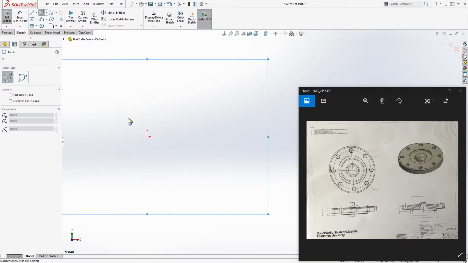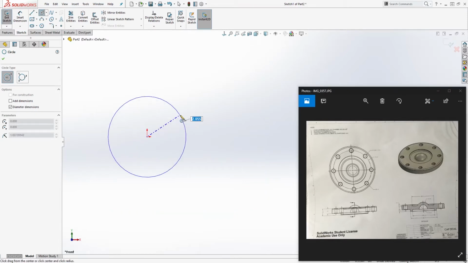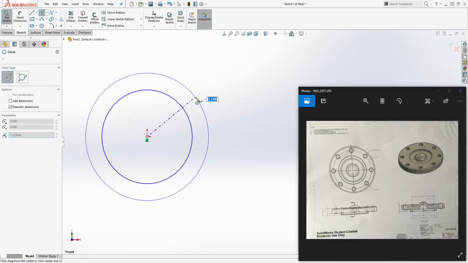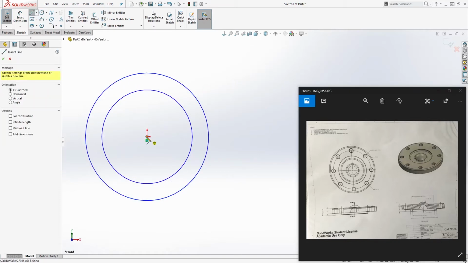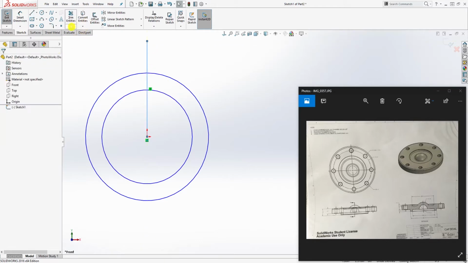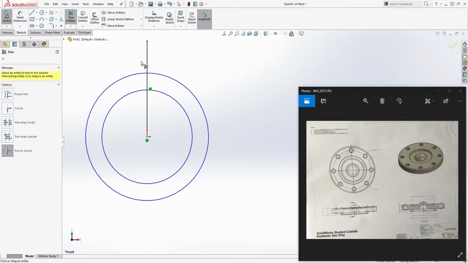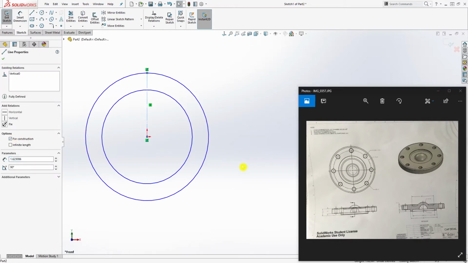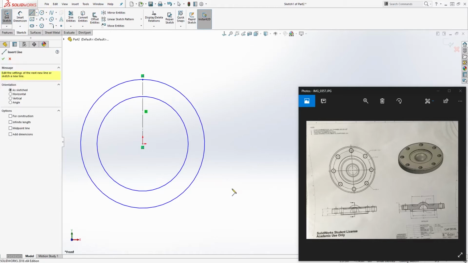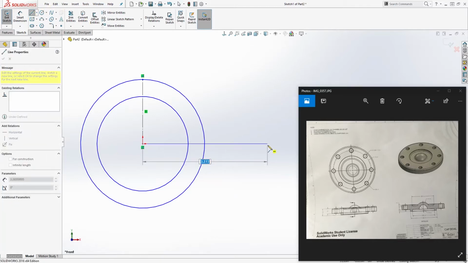So the first thing you should do is just draw a circle, draw two circles, something like this, and draw a line going up, and we can trim that line up here and make that line a construction line. And so now what we want to do is draw another line from here coming out,